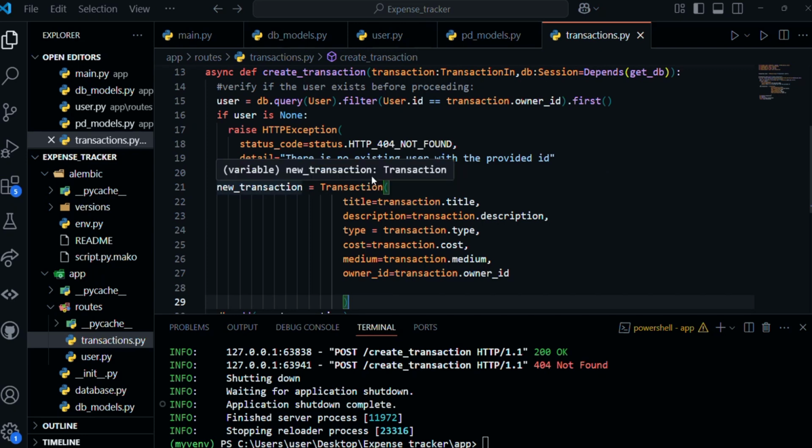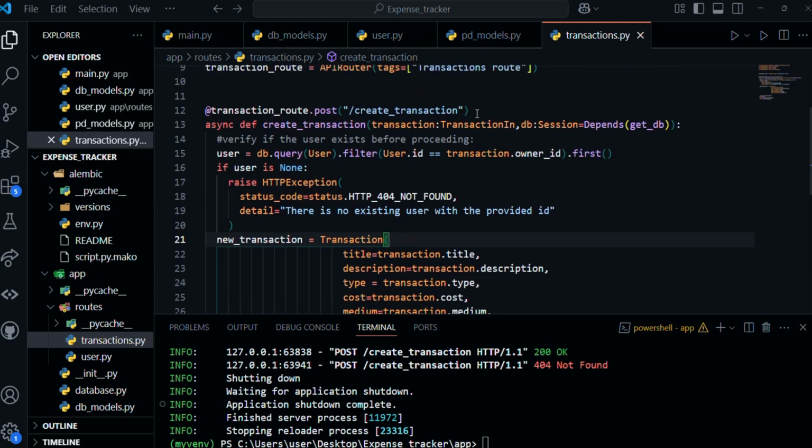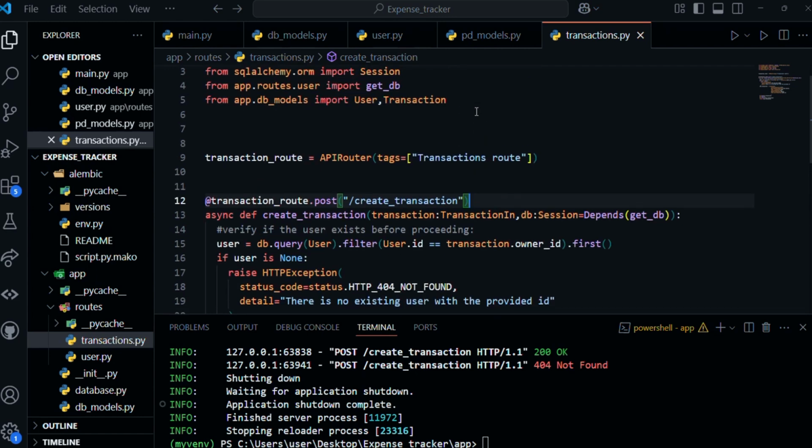Now we have a fully functional endpoint for creating users, right? So I want to draw your mind to something. You see this